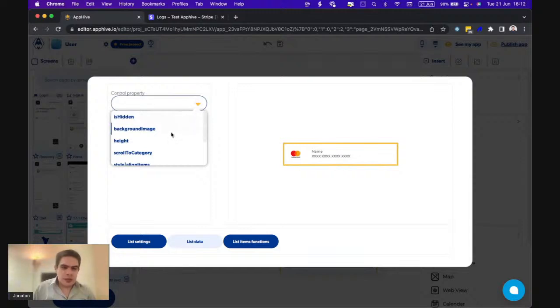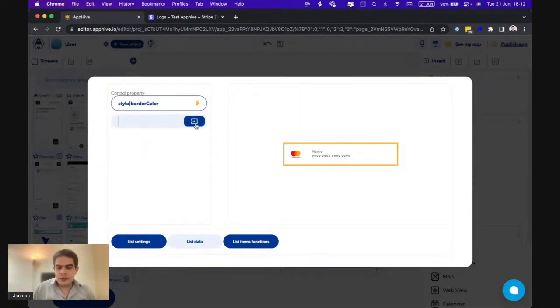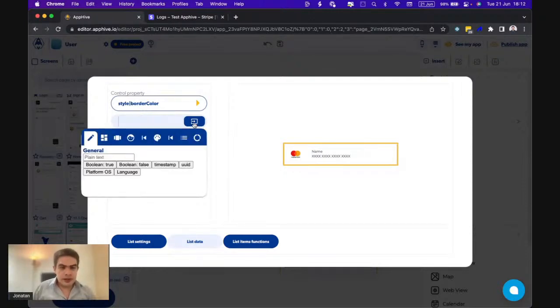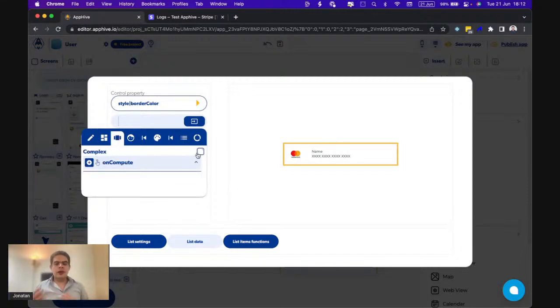We can change many properties here, but for now, I'm just going to change the border color so we can have a different border on the current payment method we're using in our transaction. So we are going to change the border color, but with a complex function. So this function will depend on if the